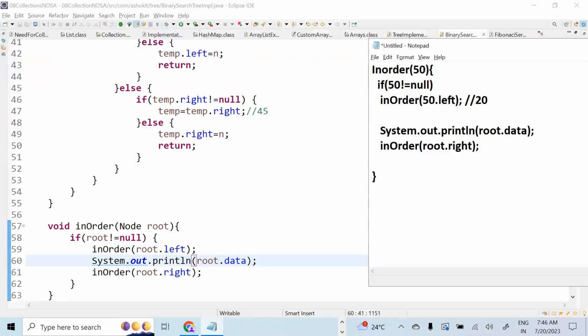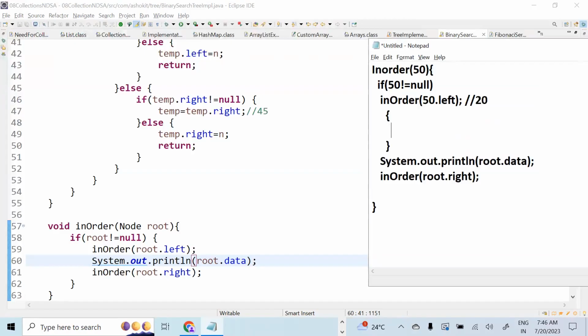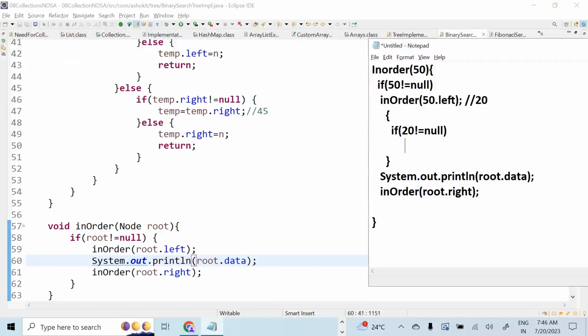50. Now again here the method will be called, correct? Yes. Whenever this method has completed execution, then only it will come to this line. Am I right? Yes. Now, in order 50 dot left, what is 50 dot left? 20, correct? Now, can I say the same lines of code will be called again? I have to write 20 not equal to null. Is it true? Yes, it is not equal to null, right? Yes. Now again, can I say I have to call in order